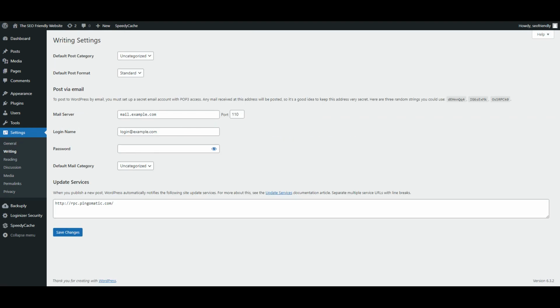Okay, then writing is how you configure your default post category. Right now we don't have any categories, just uncategorized, as well as the default post format. And we'll get into that later. This is the default mail server, login and password. Okay. Reading